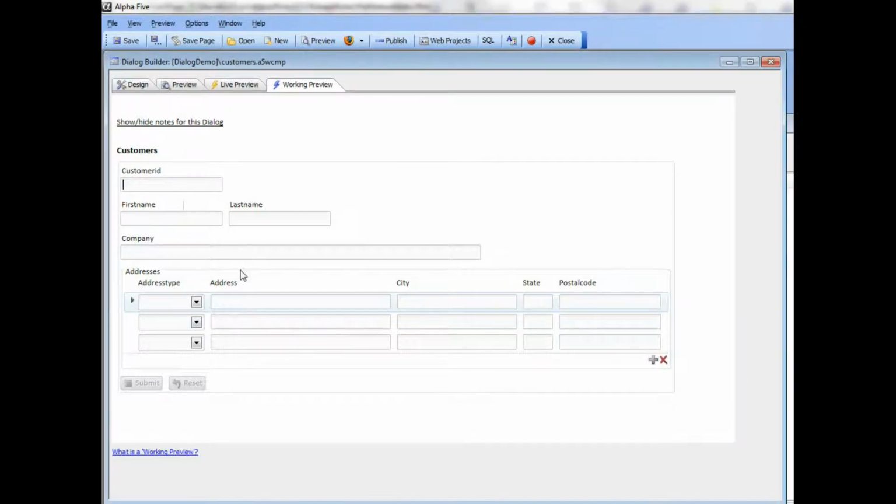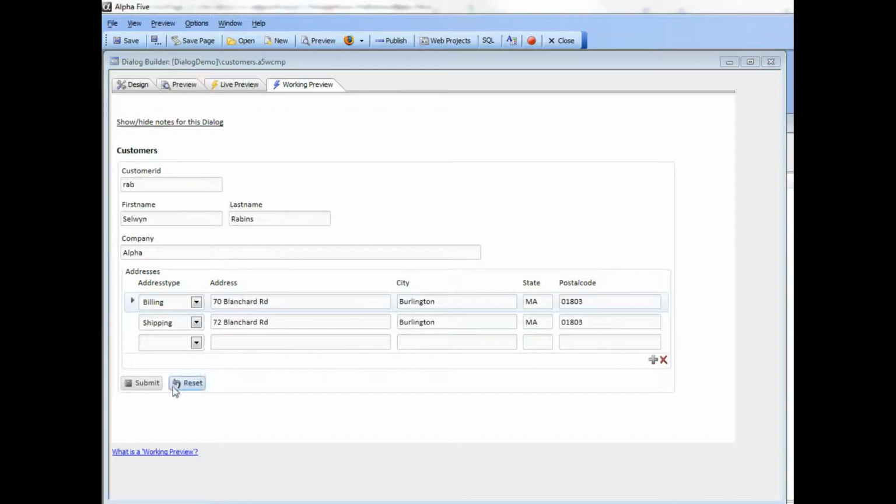So we'll type in our customer ID as RAB, and I'll type in say Selwyn Rabins Alpha, and we'll say my billing address is 70 Blanchard, MA, and then 01803. So I've entered two addresses, and now I go ahead and press the submit button,